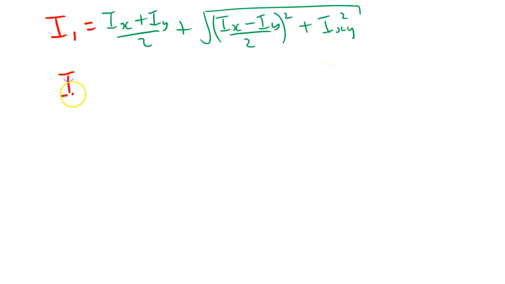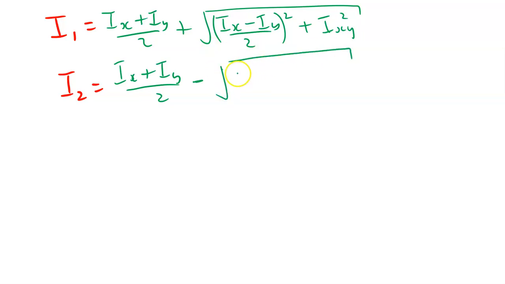Then I'm going to write I2, which becomes minus. Right, so now you're able to find out what the values of the maximum I1